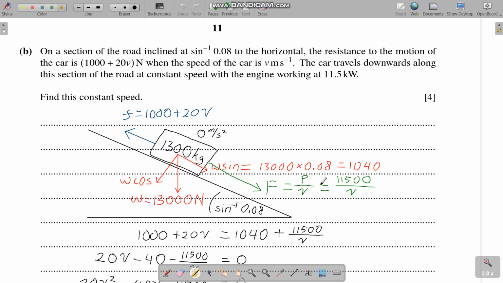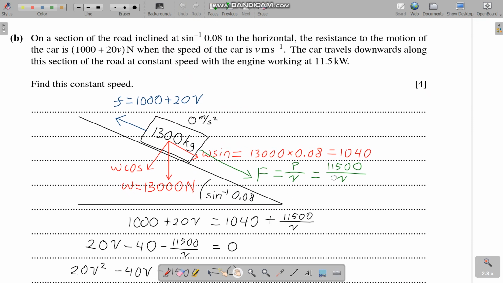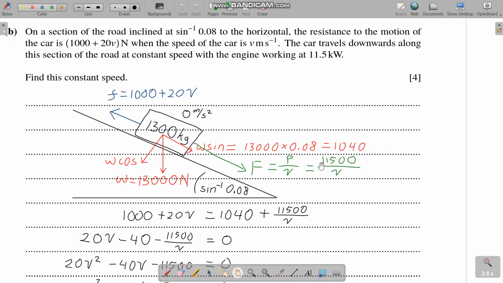Alright. On a section of the road inclined at inverse sine 0.08 to the horizontal, the resistance is now, the speed is v, downwards, constant speed, engine working at. Find this constant speed. So we have